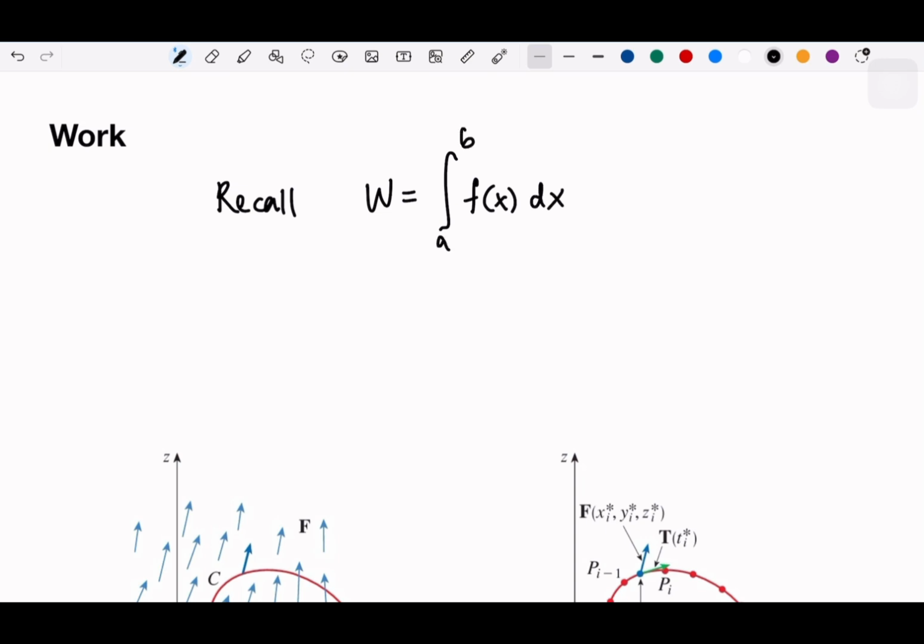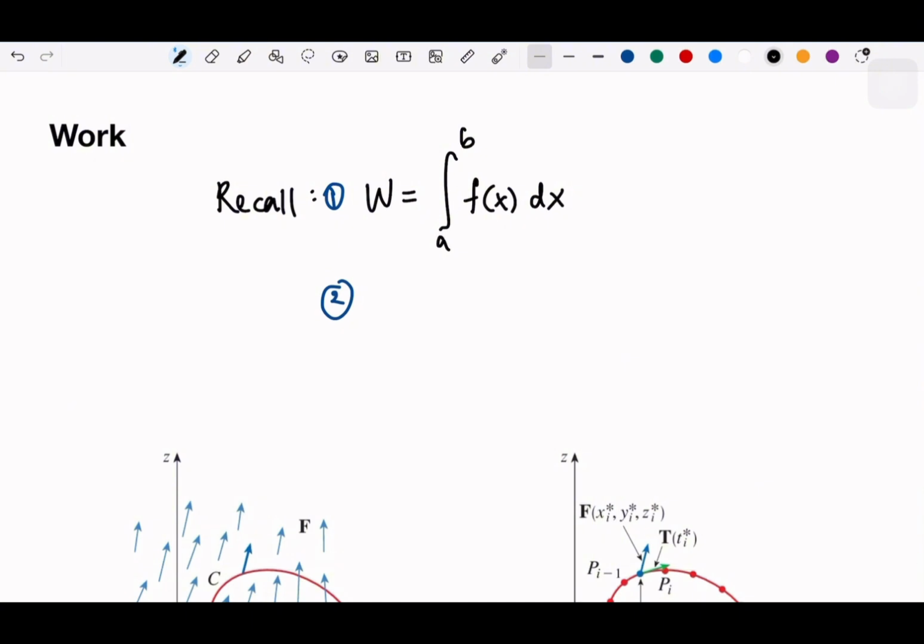Or if you learn by physics, it's actually force and you have some distance, right? And in terms of vector, so this is one, and second, in terms of vector, we found that the work